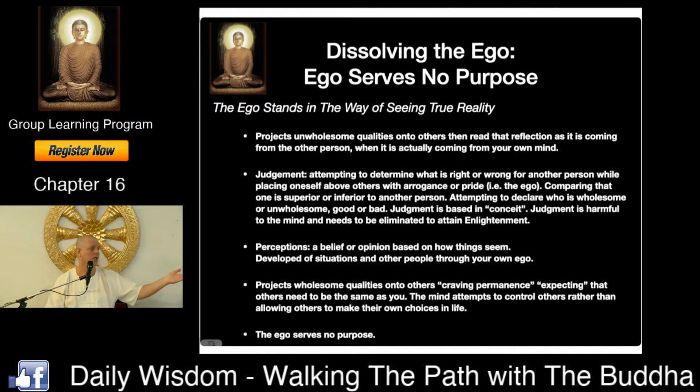So what we're getting to is helping you to understand that the ego serves no purpose. Sometimes people think that you can't live without an ego, or you can't exist in the world without an ego. But this is actually not true. The ego is only causing complications. It's only causing difficulties in one's mind. You can go into the workforce, you can go into your career, you can do anything that you would like to do in the world without an ego. In fact, the less ego you have, the more successful you'll be in all these different settings,